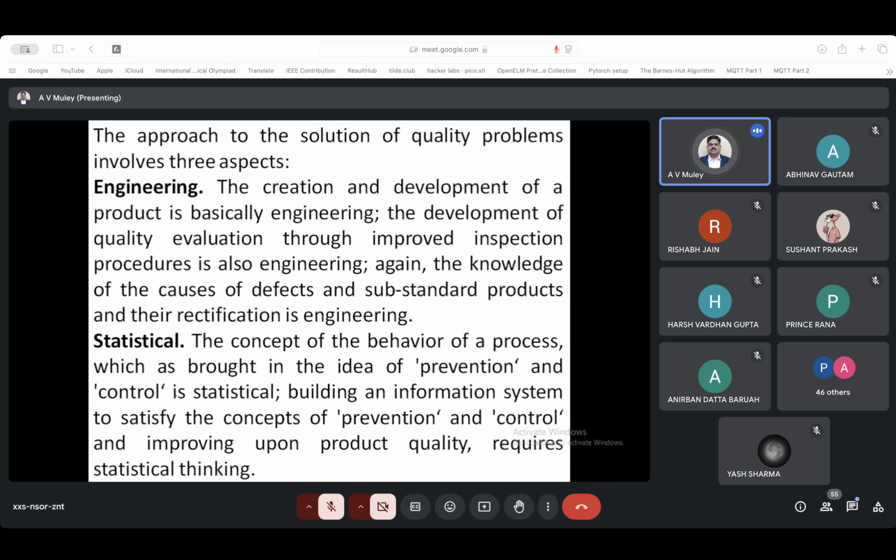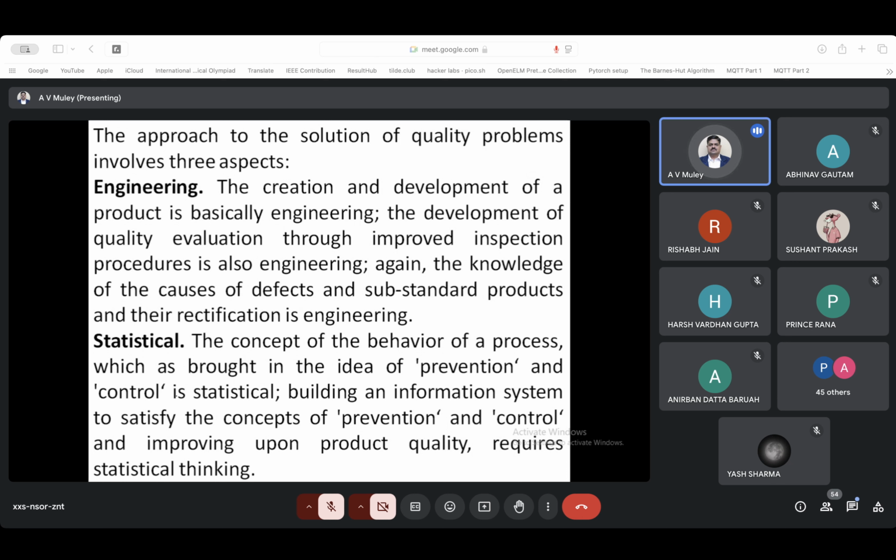तो इसमें तीन aspect हैं अगर आपको quality problem का आंसर ढूंढना है। Engineering aspect: the creation and development of a product is basically engineering. The development of quality evaluation through improved inspection procedure is also engineering. So these are the engineering aspect basically. Again, the knowledge of the causes and defect and substandard product and their specific rectification is engineering. अभी पहला aspect हो गया आपका engineering वाला, दूसरा हो गया आपका statistical,